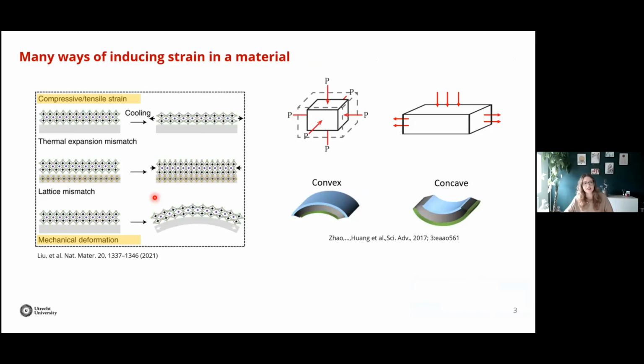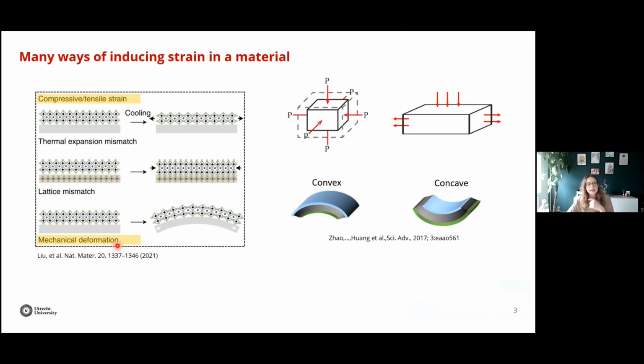So first of all, just a summary of how you can introduce strain in a material. So there are, of course, many ways of doing that. So you can, of course, apply a compressive or tensile strain, so really squeezing the material or stretching it. But you can also apply some mechanical deformation, meaning that if you have a perovskite or another material on top of a substrate, and this substrate is flexible, you can also bend the substrate and you can induce this mechanical